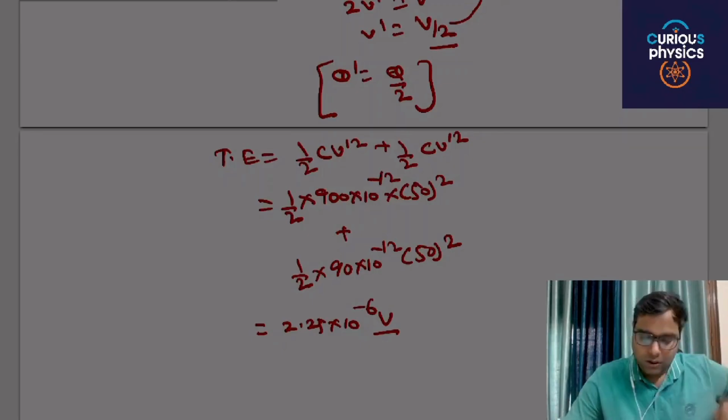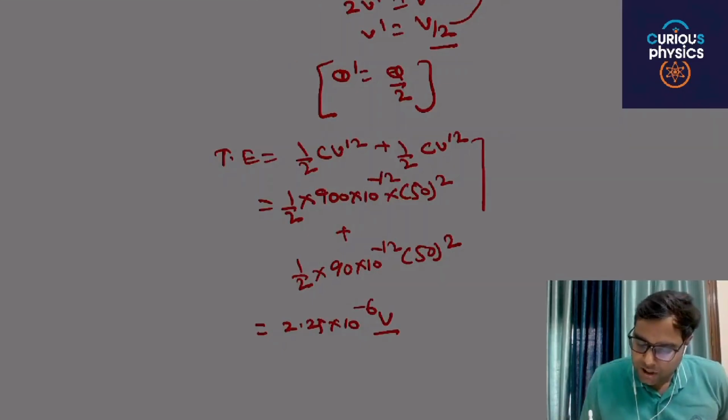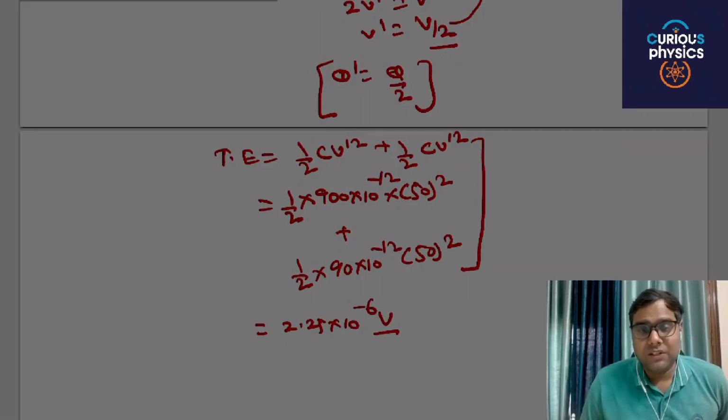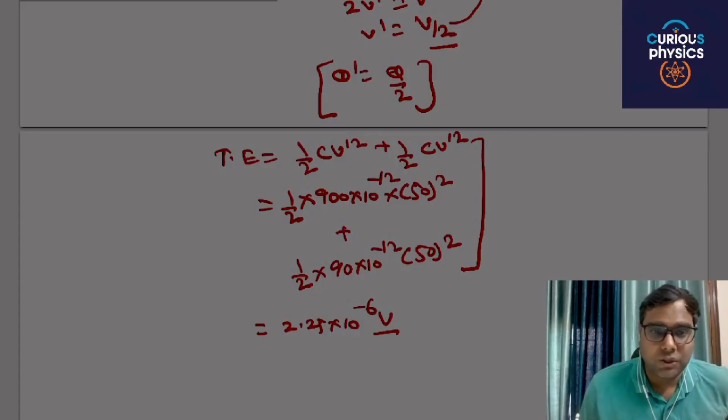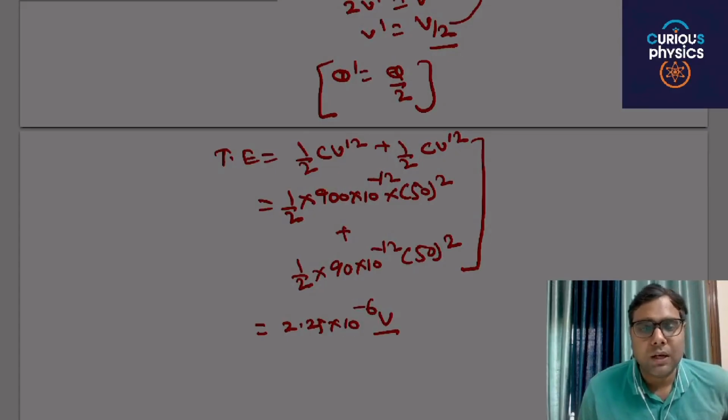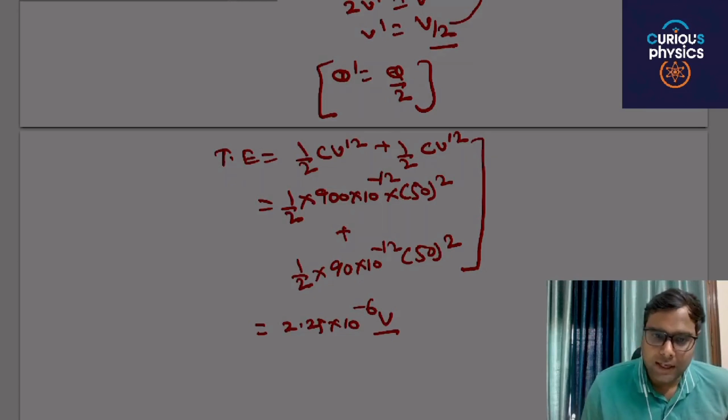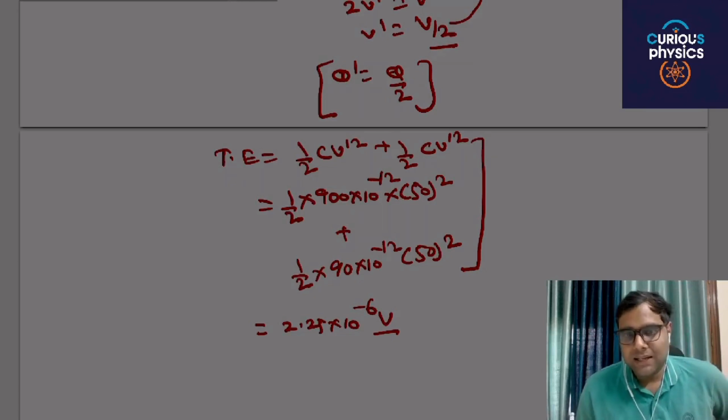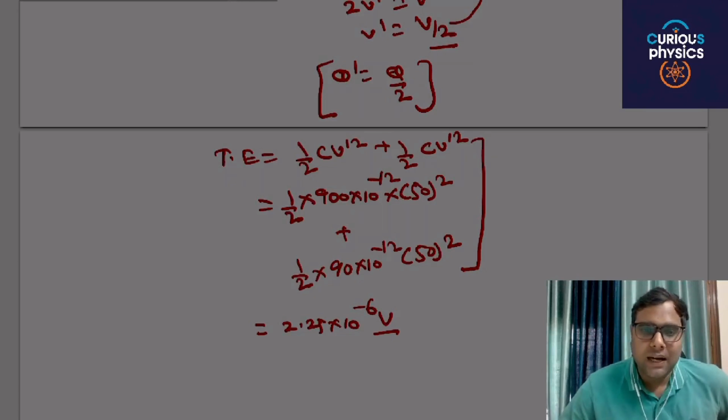But you should know the potential will change, and charge will also change. The potential is V by 2. You can also directly use the formula Q square by 2C in both cases, but the basic idea is your understanding. Are you able to understand my point? The basic idea is your understanding.